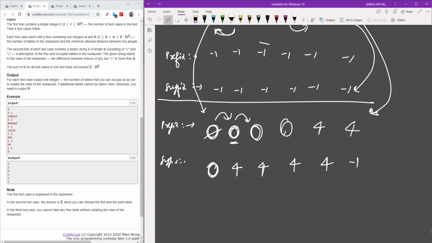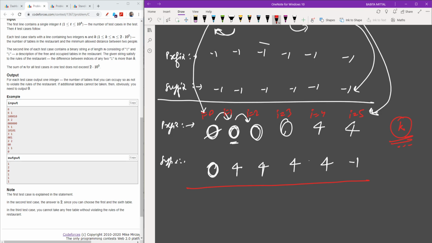What we will check? Here my I is 0, here my I is 1, here my I is 2, here my I is 3, I is 4, here my I is 5, and I have a value of k.